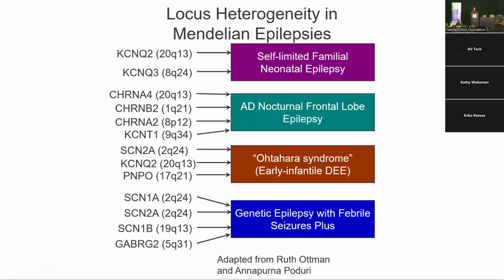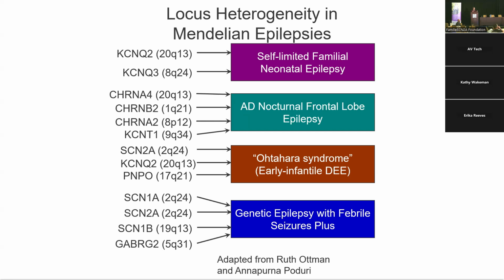What do we mean about locus heterogeneity? So what this means is that there are a lot of different causes of epilepsy, some genetic and some non-genetic, but in the last 10 plus years, we've really exploded in our understanding of the genetics in epilepsy. Even this slide is a little oversimplification, but there are hundreds of genes that cause epilepsy. And epilepsy syndrome is literally just a combination of what are the seizure types, when did they start, what does the EEG or the electrical pattern in the brain look like? And you put that together to come up with a syndrome.